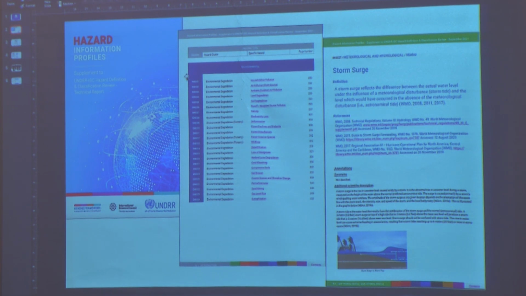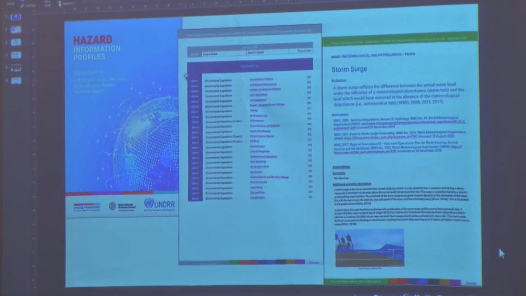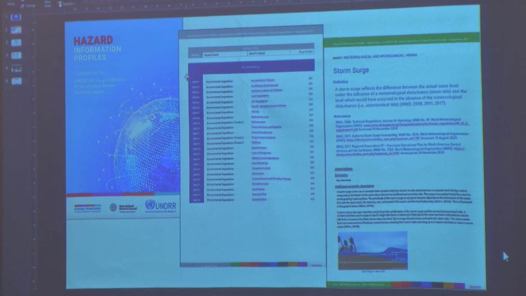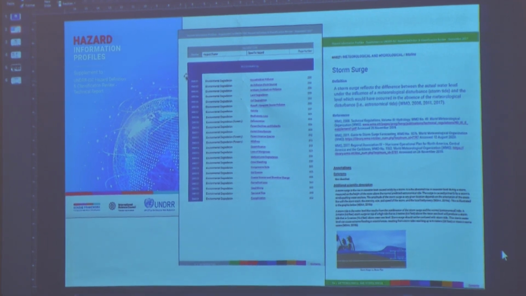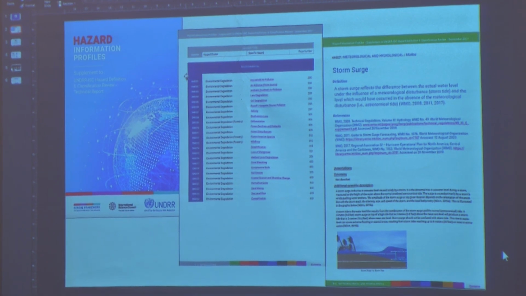Sector ministries are also producing a lot of risk information themselves through state budgets, but also through development and humanitarian assistance. They're also receiving funding to do various risk assessments. By and large, I think we can all recognize that a lot of that risk information is not openly available.